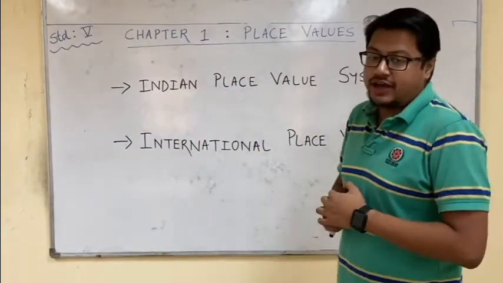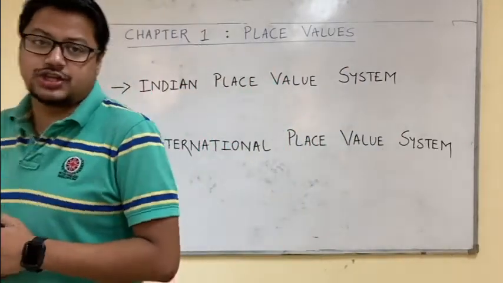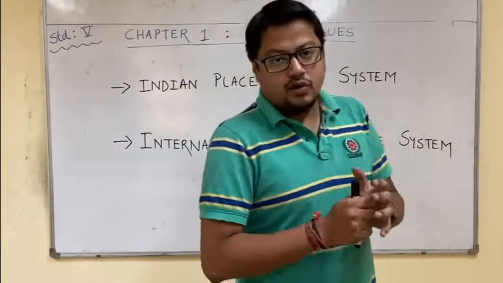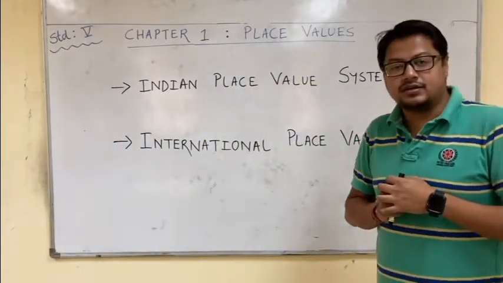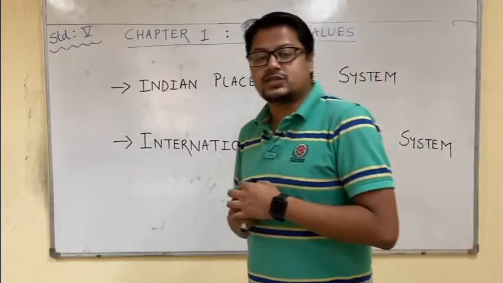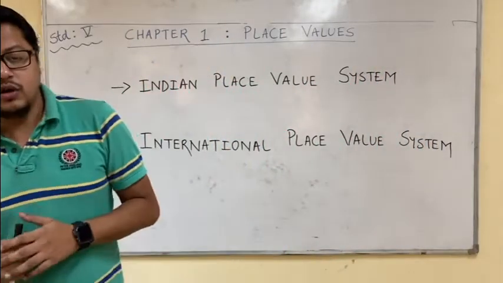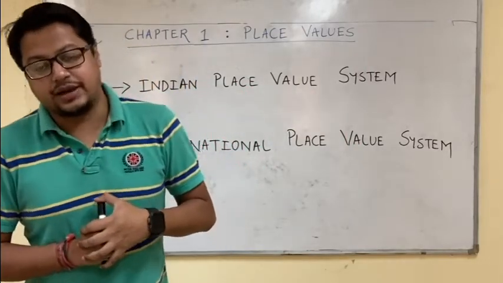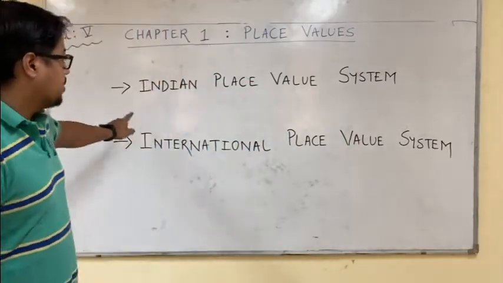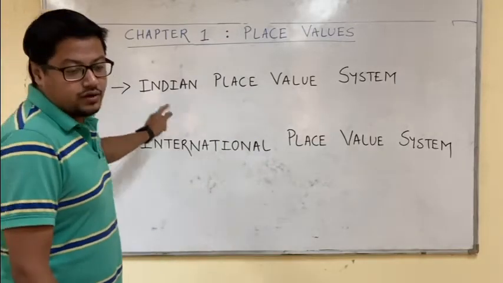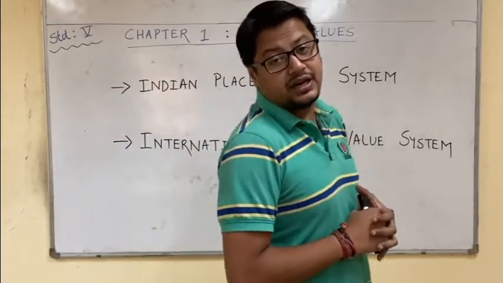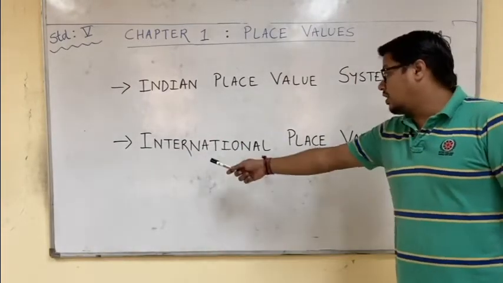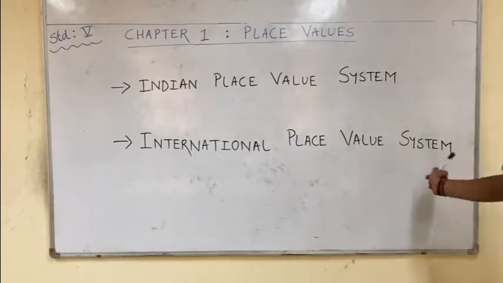Okay. Today we are going to start with the first chapter of 5th standard mathematics, that is place values. Now if you remember students, in 4th standard you also had learned about one place value that was called Indian place value, but that was for smaller numbers. I think till it was 10 lakhs. Okay. Now in 5th standard, as you can see, we are going to see the Indian place value system for bigger numbers up till 10 crores. Then we will introduce one very new topic, that is called international place value system.